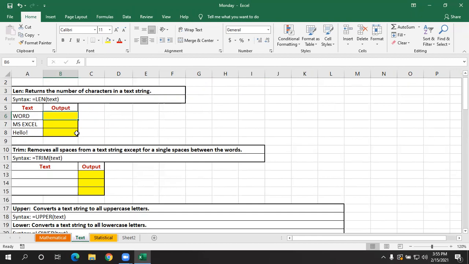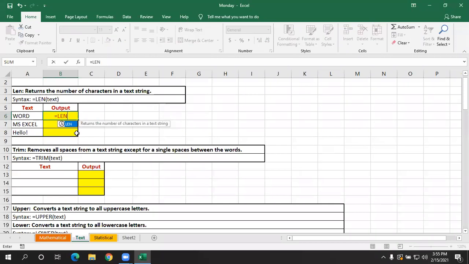First you need to use equals LEN, open the parenthesis. If you're giving a text directly, you have to give it within double inverted quotes, but I'm not giving a text within this. I'm going to select the cell which contains the text, then close the parenthesis, then press enter.